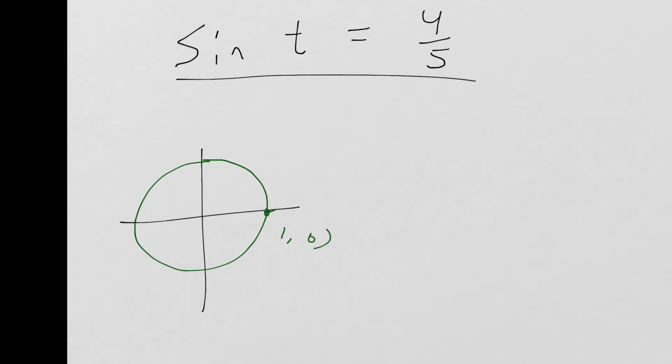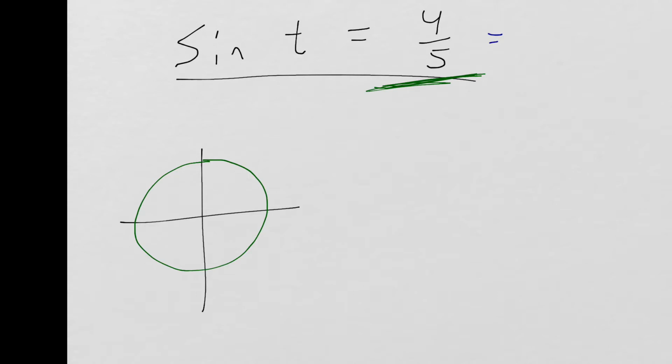This is 1, 0. This is 0, 1, and so on. I'm not going to write them all in. You guys understand the unit circle. Every point is 1 unit away from the center. So whereabouts would this be? Well,